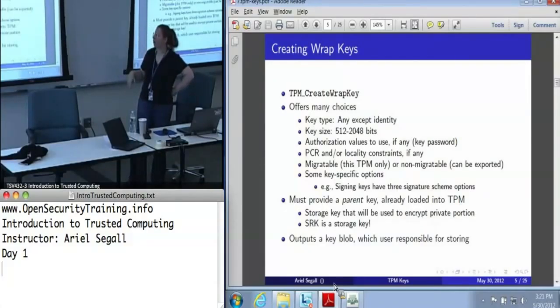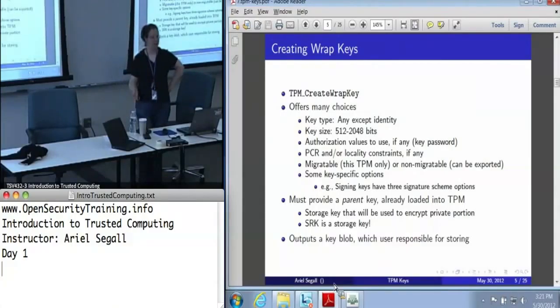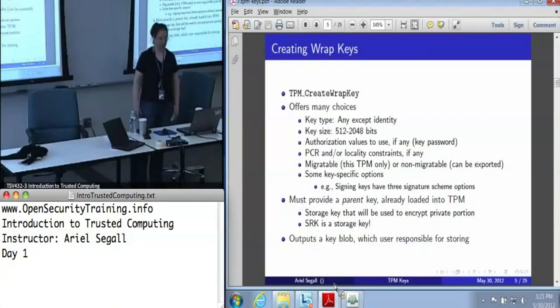In addition, when you create a key, you have to provide a parent key, which needs to be a storage key already loaded into the TPM. Conveniently, the SRK is a storage key already loaded into the TPM, which is part of why we see it used as a parent for all sorts of things. The first keys you create have to use it as the parent, because after all, you don't have any others. But if you want a password-protected series of keys where you have to know the password in order to unlock them, you can create another storage key with the password, and that's where that sort of authorization comes in. Create wrap key outputs a key blob, which contains an encrypted private half and all of this data,